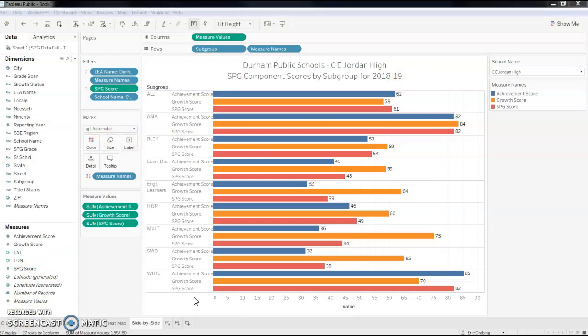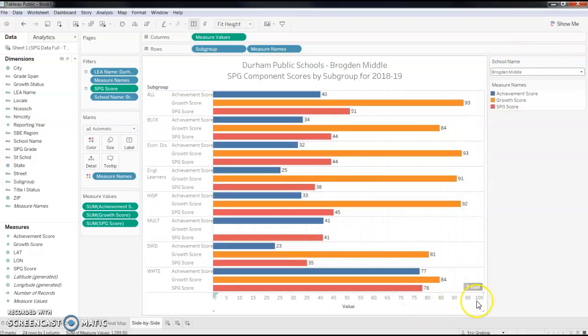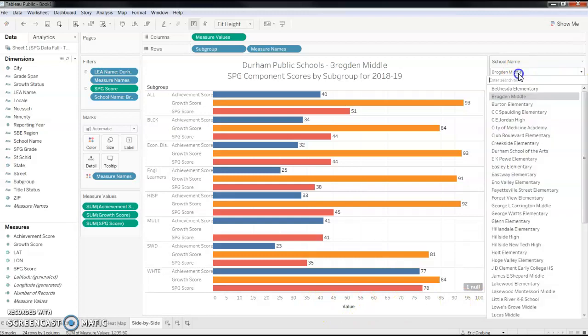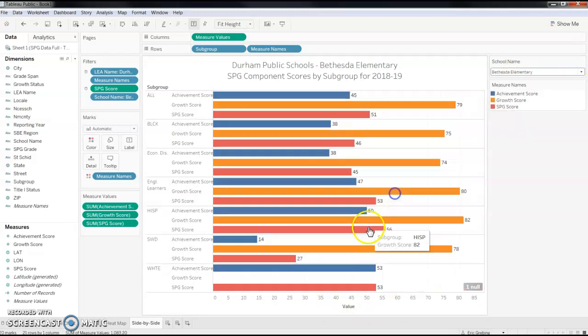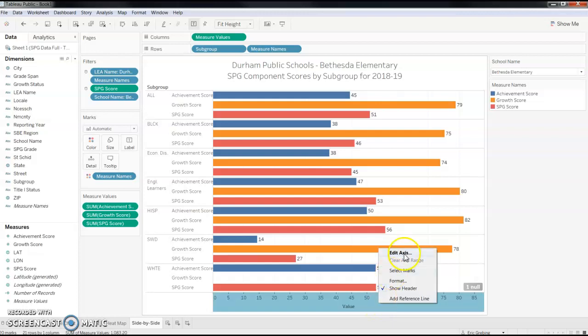Let's add a few more features here to change this axis. If I'm flipping between school names, Tableau is going to automatically change the values in this x-axis. And this may be good for me if I have something that I need to change the scale on. But in this case, since I'm comparing schools against each other within the same district, I kind of want to have that axis be consistent so I'm not drawing the wrong conclusions. And so what I want to do here is fix this axis to be going from 0 to 100 every time. I can easily do that here by right-clicking, clicking on Edit Axis,